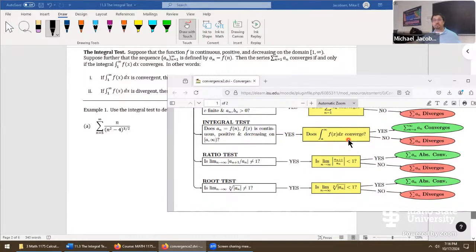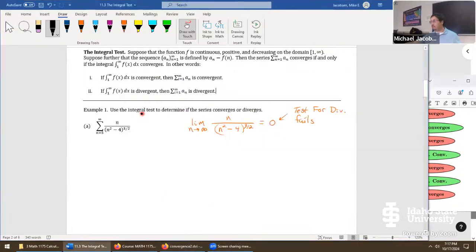We're only interested in the convergence or divergence of that improper integral. And if we have convergence, it matches up with the series, not the sequence. And if the improper integral diverges, so does the series as well. So let's give this a try. Any questions, folks, before we launch into integral test on this one? Okay, well, first thing we need is a function, f, and that function f has to match the terms of